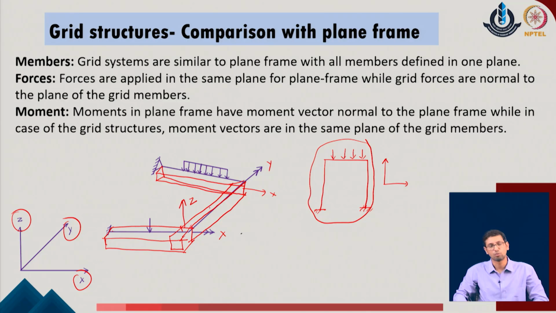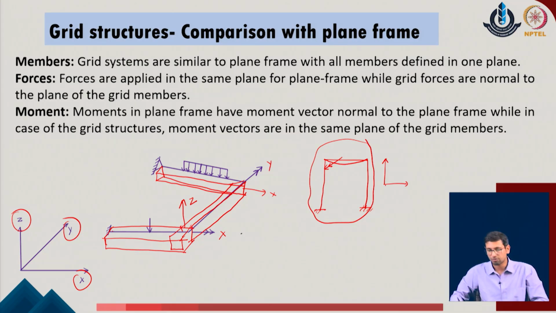The third thing is about the moment. Now, if we consider this plane frame system, how do we define the moment direction? We typically say that the member will bend in this manner, or the member will have bending in such a manner that it is defined as a rotation about the axis z. So, if this is a plane, like a face of the given system, at any point of time the bending will be located with respect to the normal to the given system. Of course, dimensions are not extending in the direction z, but the moment or the rotation of the system is taking place about the axis z.